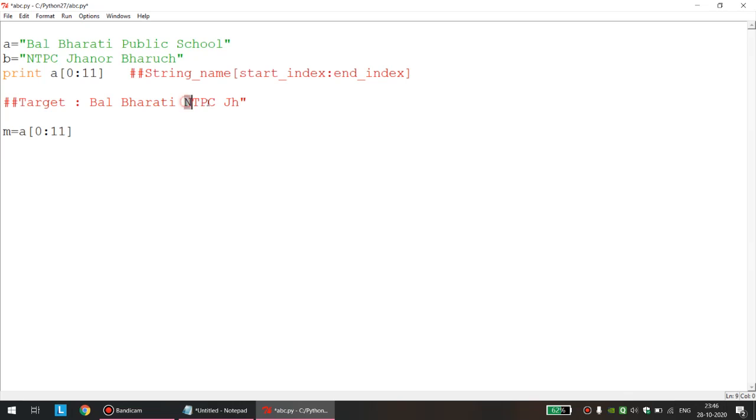Then I want NTPC JH. NTPC JH will be available from the string B. So let us count the indexes: 0, 1, 2, 3, 4, 5 and 6. That means 0 to 6, B of 0 to 6. Okay. Now print